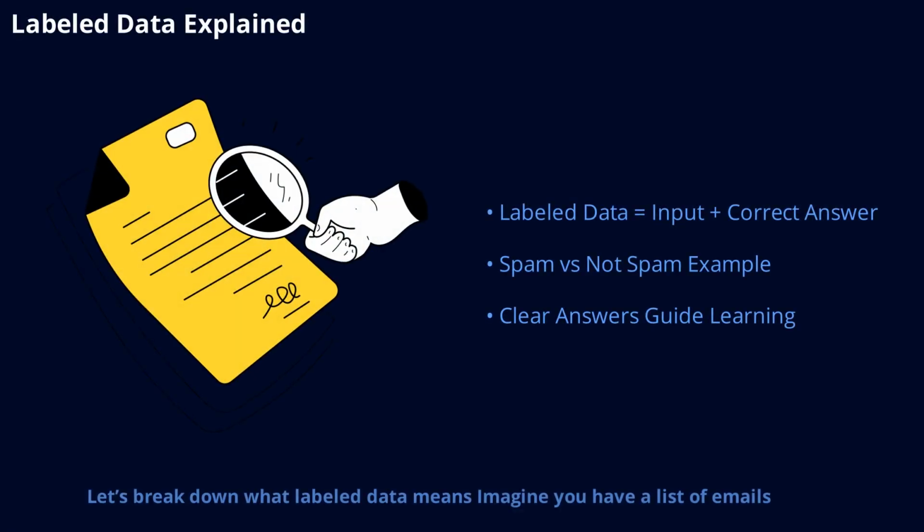Let's break down what labeled data means. Imagine you have a list of emails and each one is marked as either spam or not spam. The input is the email and the label is the correct answer. This pairing is what we call labeled data. The model uses these examples to learn how to tell the difference between spam and regular emails. The key idea is that every piece of data comes with a clear answer, making it easier for the model